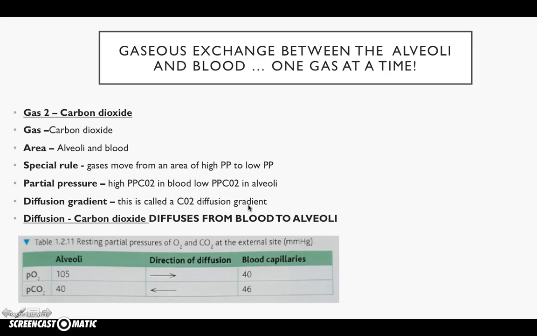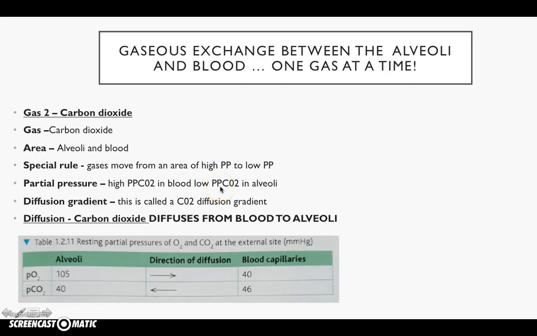So the next gas we're going to do is carbon dioxide, because we're always talking about two gases, oxygen and carbon dioxide. So gas 2, carbon dioxide. What's the gas? Carbon dioxide. Area, again, it's the alveoli and blood, doesn't change. The special rule, gases move from an area of high partial pressure to an area of low partial pressure. Partial pressure, well, we have a high partial pressure of carbon dioxide, because again, we're talking about carbon dioxide now. A high partial pressure of carbon dioxide in the blood, and we have a low partial pressure of carbon dioxide